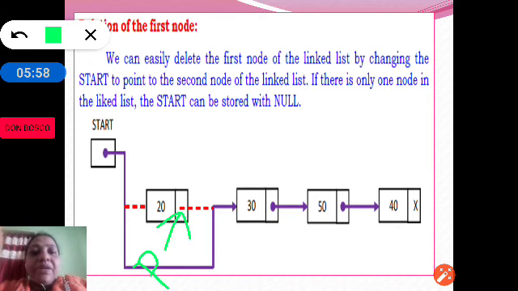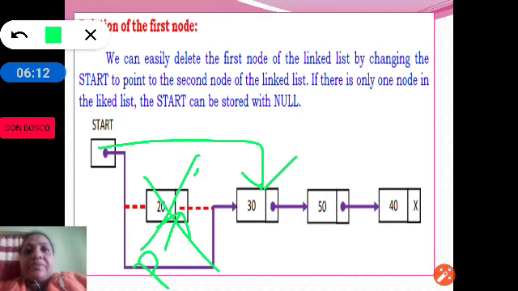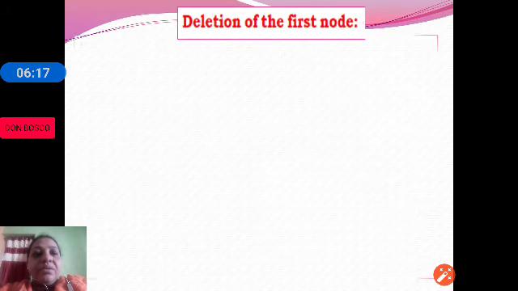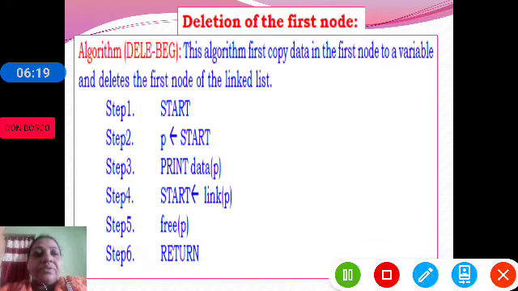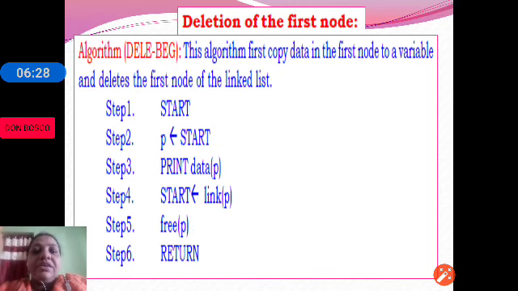Now we are making start equal to link of P, so that means I am changing this link to this. And then free P. Free means we delete P. This way we can delete the node which is at the first position.